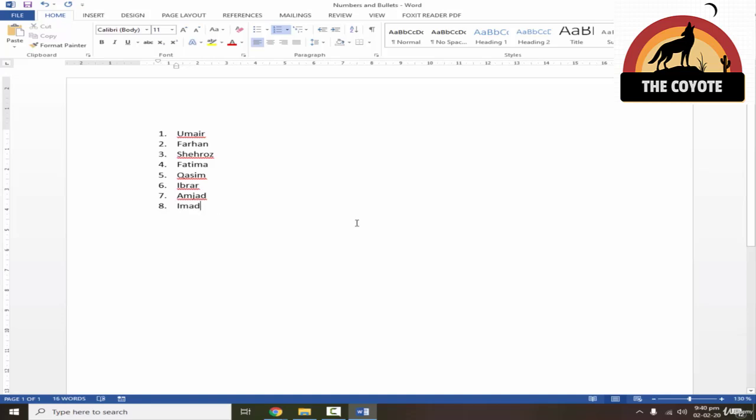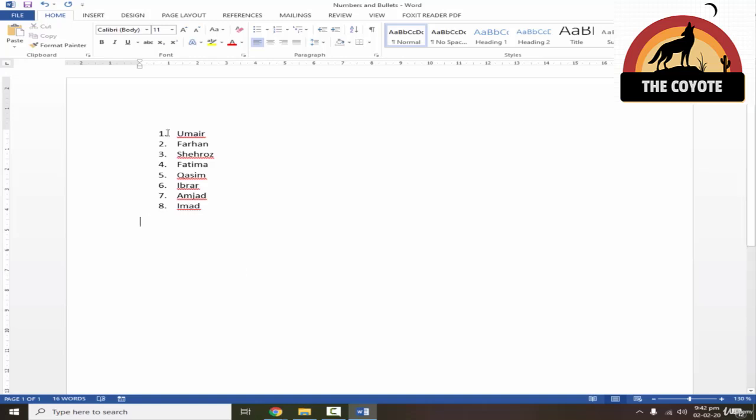Now for example, if I accidentally pressed enter and after that I realized that I don't have any further name, so just press backspace and backspace again and come on this tab. Just simply press backspace until you come on the earlier name, or otherwise just press enter. Or otherwise, if you don't want to write the name and you want to move to the next section to write a new paragraph or something like that, the other option of removing the number is just press enter again. So it will be like a normal paragraph.